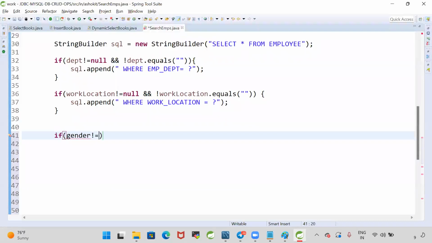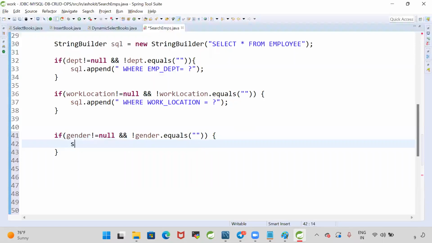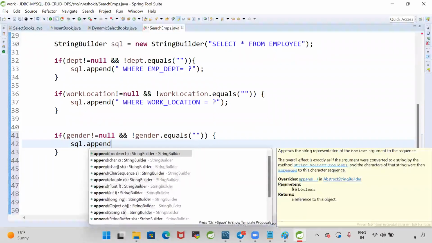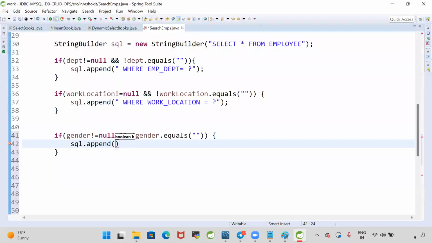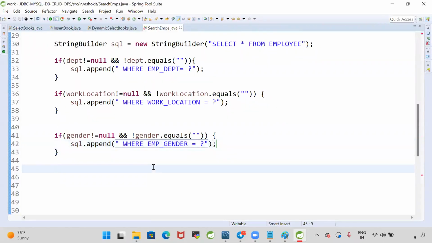If gender is not equal to null and gender dot equals not empty, gender should not be null and should not be empty, then SQL dot append. Can I go for where? EMP gender, where EMP gender is equal to the given value. If I write like this, what is the problem? Only one scenario will satisfy. If the user gives any one value, that will satisfy. If the user gives 2 values, it will not satisfy. If the user gives 3 values,